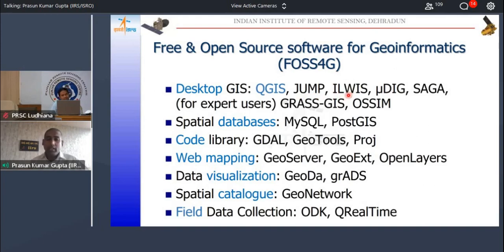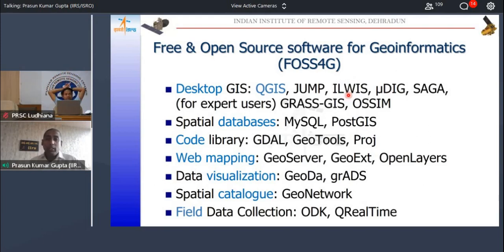And those who are in this GIS industry for a long time, 30 years old, this was initially a paid software which was made by ITC, and then somewhere they open sourced it. Now an organization called 52 North looks after this.